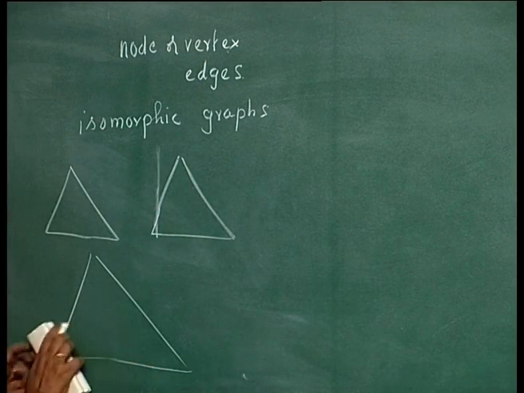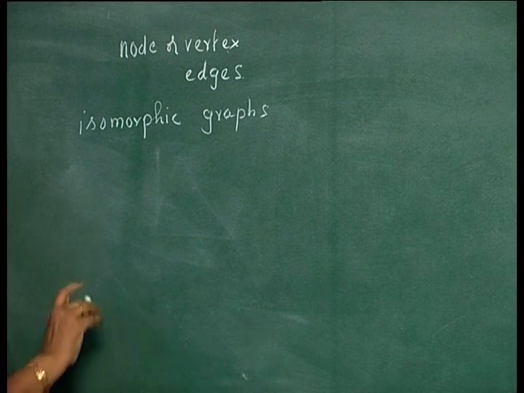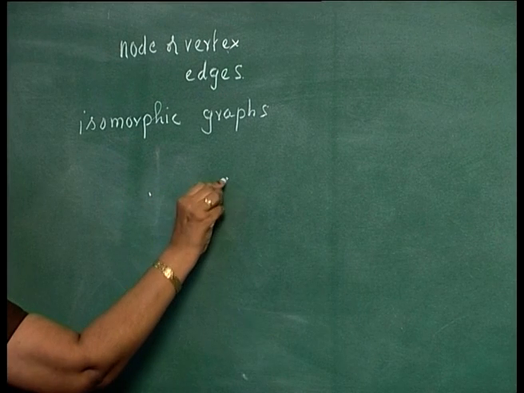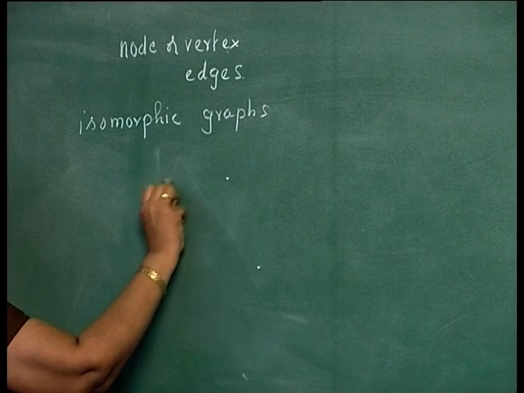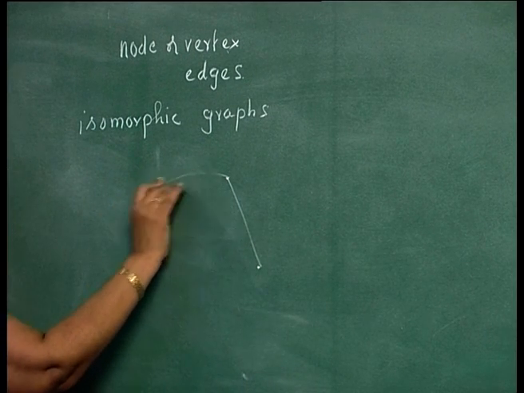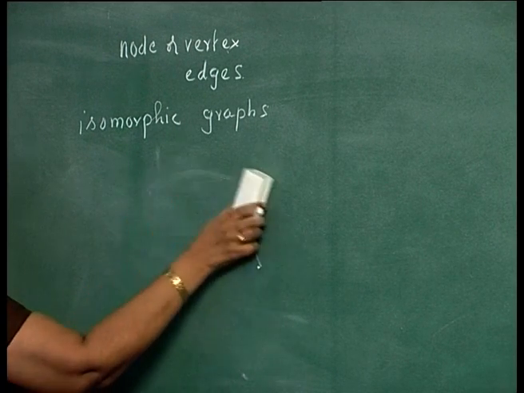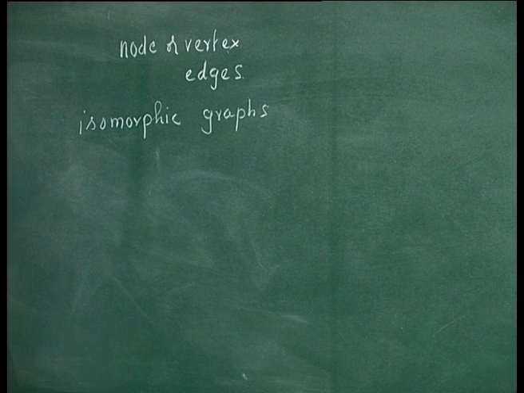Similarly, we also saw that a graph mainly brings out the incident relationship between the nodes. The vertices are some entities and the graph brings out the connection between them. It is immaterial whether we draw it as a curved line or as a straight line and so on. This is what we have seen earlier. So, in such a representation, when do you say that two graphs are isomorphic? Two graphs are isomorphic if there is a one-to-one mapping between the vertices which preserves the incident relationship.